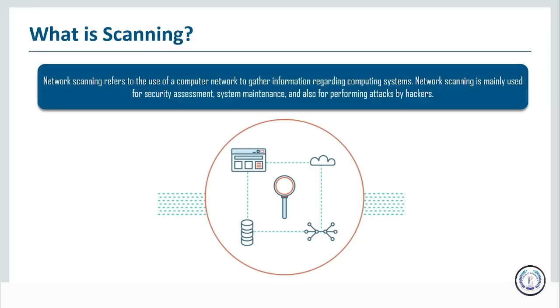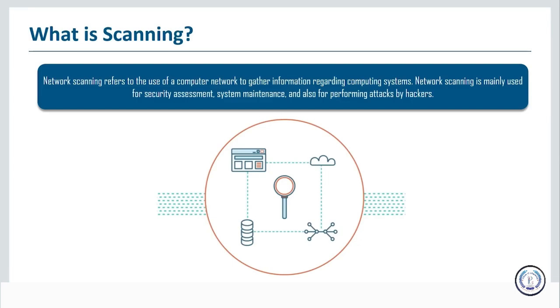Now, the purpose of network scanning is as follows. It allows you to recognize available UDP and TCP network services running on a targeted host. It allows you to recognize filtering systems between the users and the targeted hosts. It allows you to determine the operating systems in use by assessing the IP responses. Then it also allows you to evaluate the target host's TCP sequence numbers and predictability to determine sequence prediction attacks and TCP spoofing.